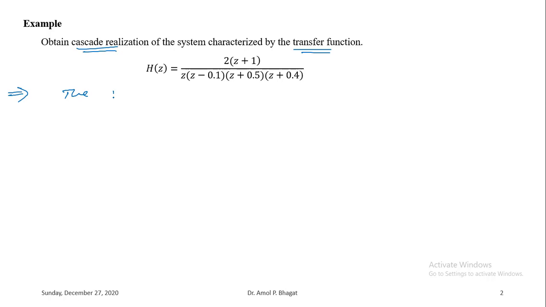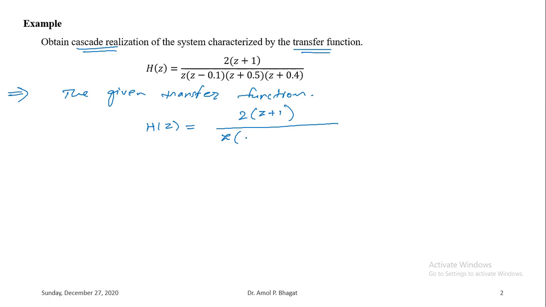The given transfer function, in this case, is capital H of z equals 2 in bracket z plus 1, whole upon z in bracket z minus 0.1, in another bracket z plus 0.5, in a third bracket z plus 0.4. Again, for realization purpose we'll need negative powers of z in this case, so we'll